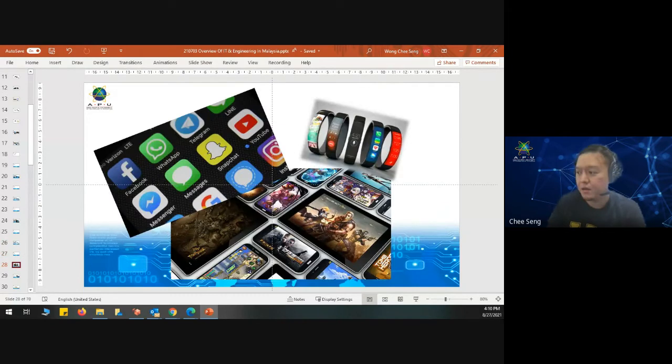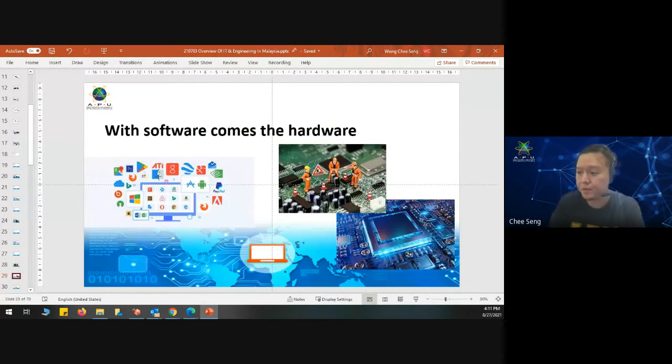Even for mobile technology, like I mentioned earlier, the phone was just for SMS, calls, and playing those snake games. That's all. But now the phone has a lot of different functions. So when there is software, there is hardware. What I'm trying to say is that